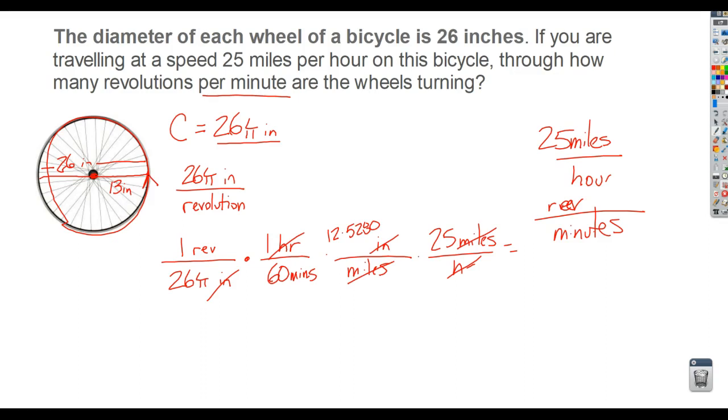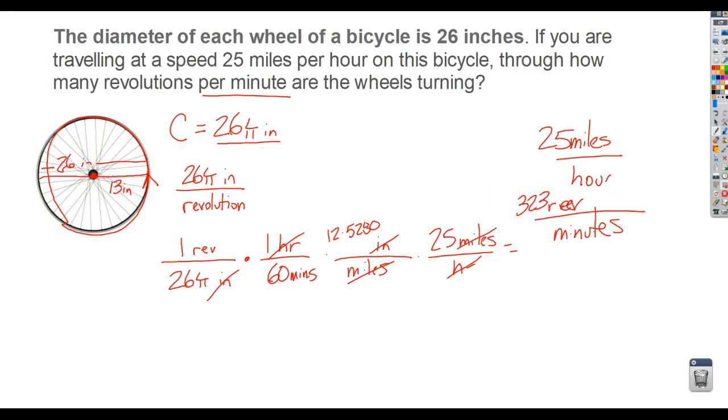And minutes, and that's what I need. I need revolutions per minute. So if you go ahead and multiply, I'm going to do 12 times 5,280 times 25, and then divide that by the combination of 26 times 60. Let's see, what did I end up getting? I think I got 323